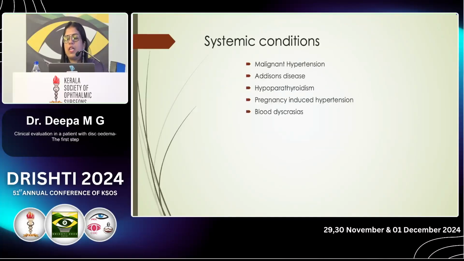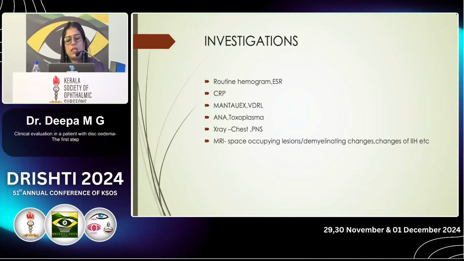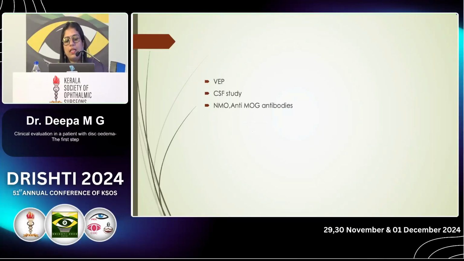Some systemic conditions that we have to keep in mind are malignant hypertension, Addison's disease, hypoparathyroidism, pregnancy-induced hypertension, and blood dyscrasias. The investigations: routine hemogram, ESR, CRP, Mantoux, VDRL, ANA, toxoplasma, X-ray chest and PNS, MRI to look for space-occupying lesions or demyelinating changes, and idiopathic intracranial hypertension, VEP, CSF study, and look for NMO, anti-MOG antibodies. These are all what to go for; which to go for in which condition depends upon each case. So in the coming sessions, we'll see how to approach a case of